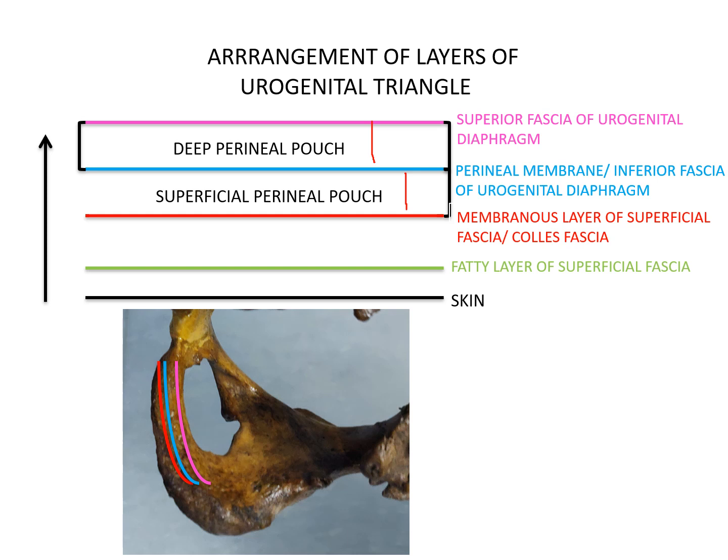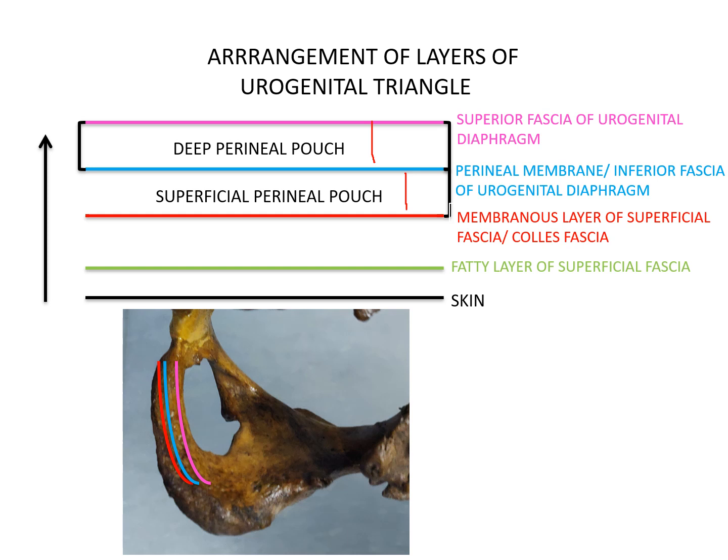Now, the muscles in the deep perineal pouch lie below the pelvic diaphragm. The muscles in the deep perineal pouch, along with the fascia covering above and the fascia covering below, are collectively called the urogenital diaphragm. Why is it called the urogenital diaphragm? Because it separates the pelvic diaphragm above from the other structures present in the urogenital triangle below. The muscles and the covering fascia above and below are collectively called the urogenital diaphragm.